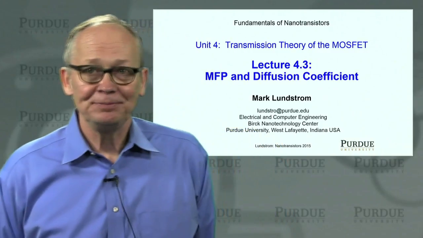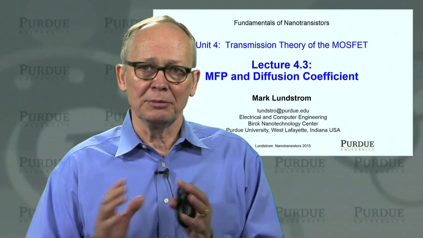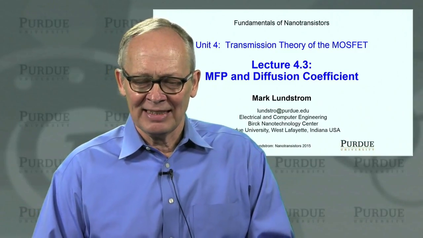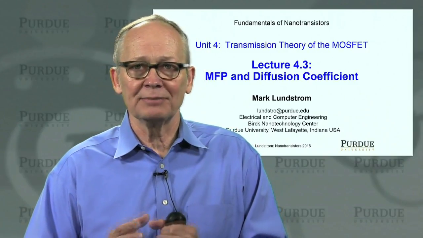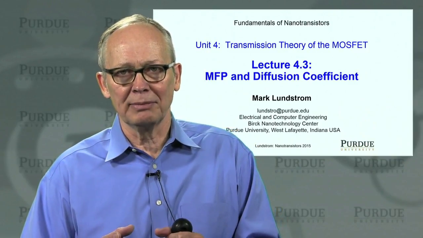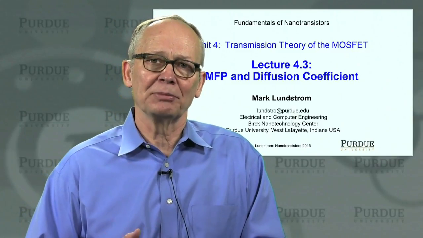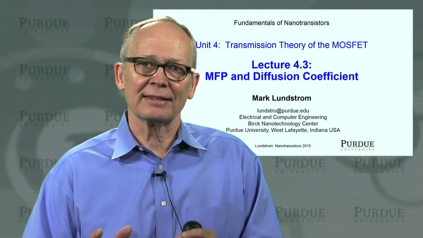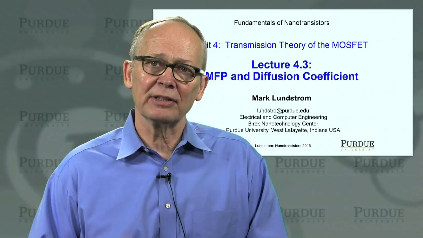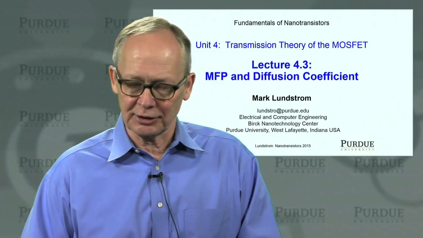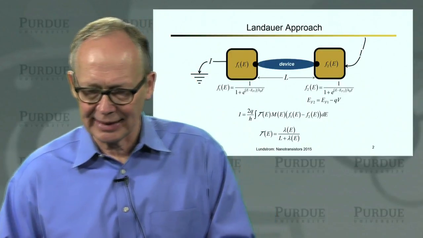Welcome to Lecture 3. In the last lecture, we saw how transmission was related to the mean free path for backscattering. I stated that it is possible to theoretically evaluate these mean free paths in terms of the microscopic physics, but we might also want to measure the mean free path for backscattering. That's the subject of this lecture. How do we determine the mean free path? We will show that it is very simply related to the diffusion coefficient. So if we know the diffusion coefficient, we can extract the mean free path for backscattering.